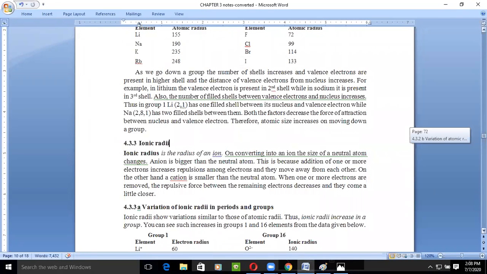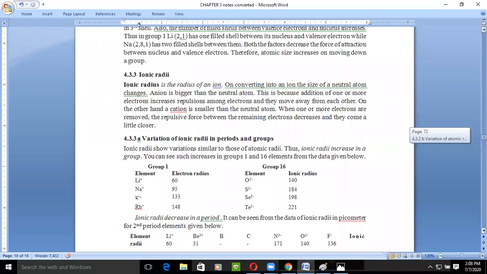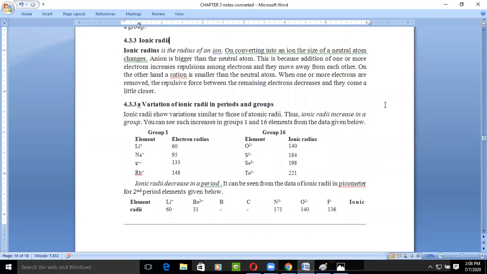What is an ion? Can you tell me what is the difference between an atom and an ion? Charged particle. Ma'am, a charged ion is a particle that is positively or negatively charged. Okay, yes, perfect. When an element is in a charged state, it donates its electron or takes an electron, then the charge will show there.